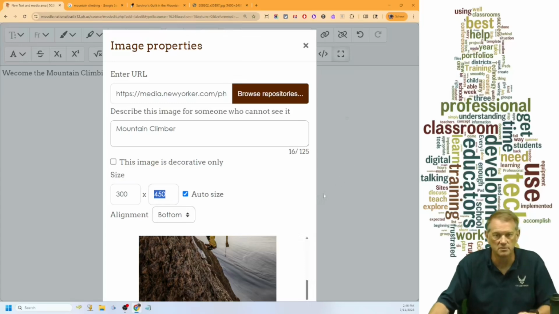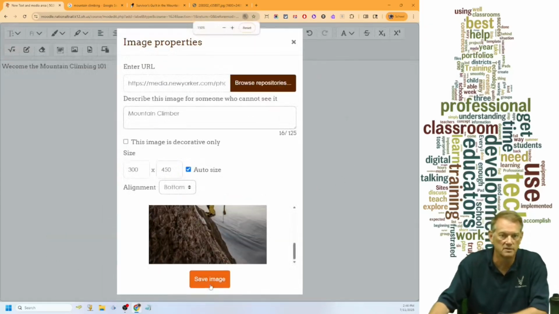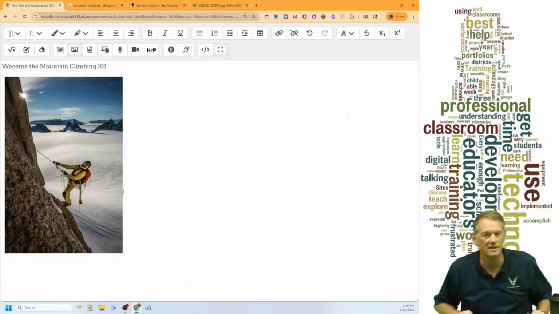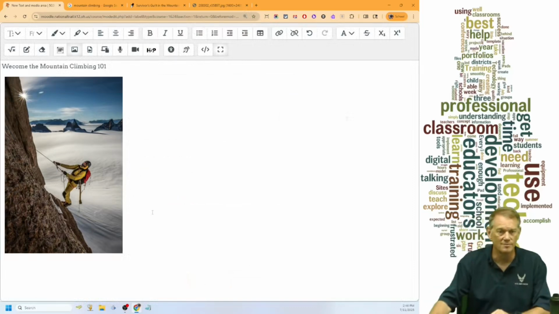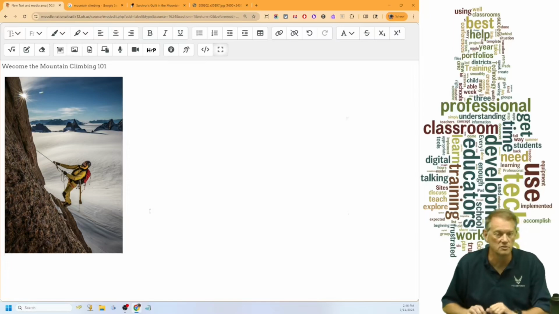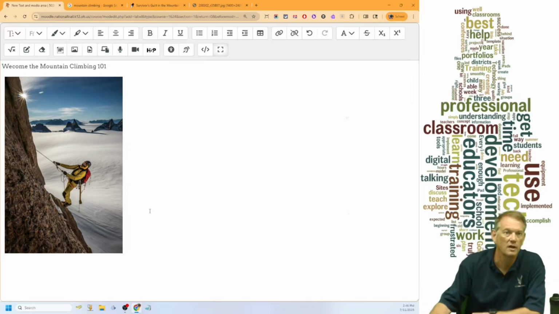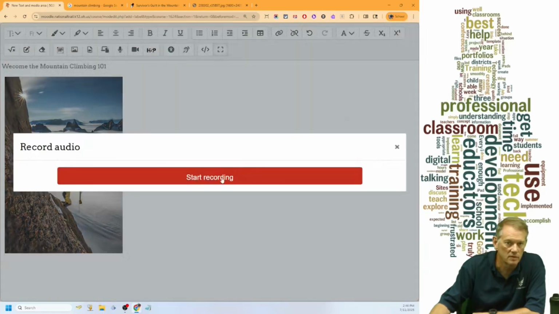And because I've zoomed in, I can't see the button that says save image. So now I've got that mountain climber in there. If I wanted to add something for my students that they would listen to, I can add audio files as well. And I can record a file if I want to. I can just hit that mic and say,